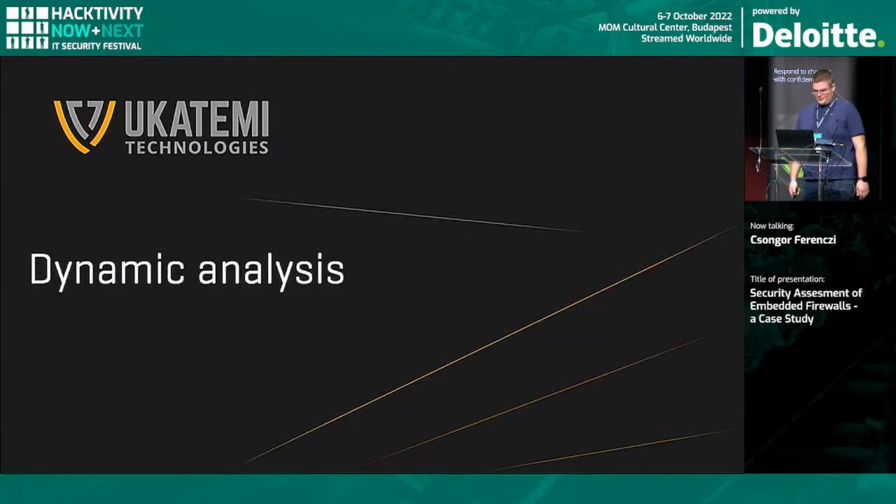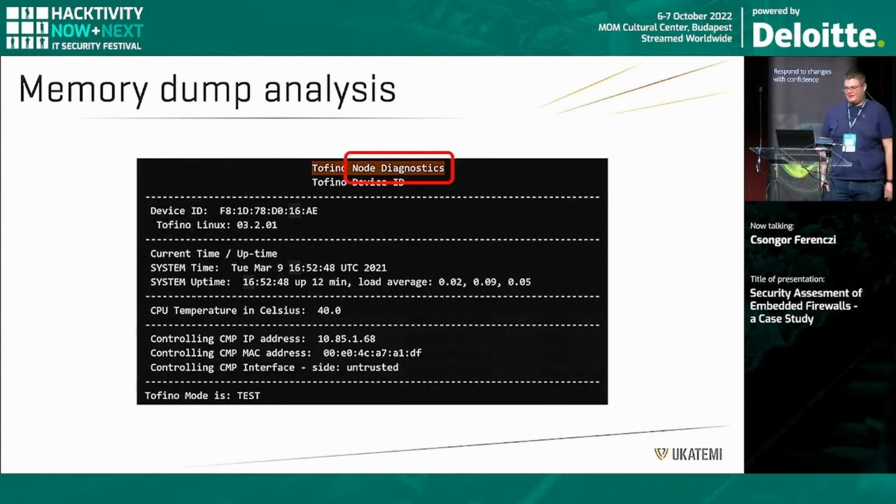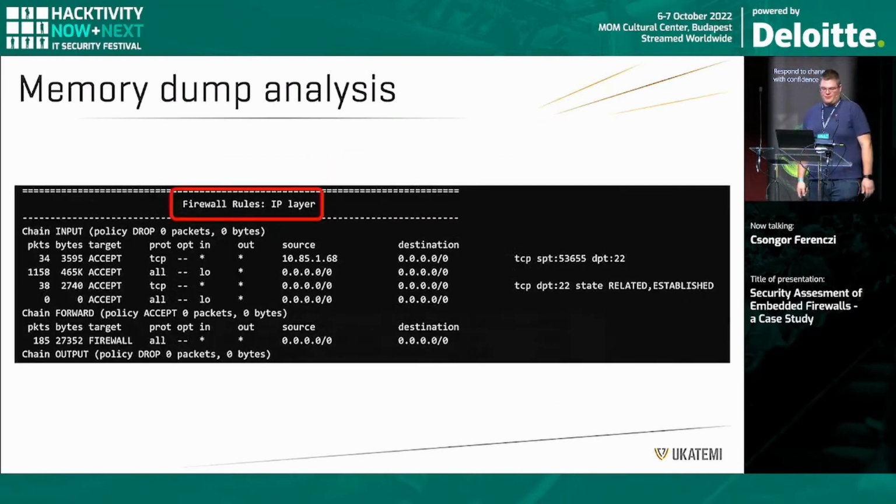So, during the dynamic analysis, we started by creating a memory dump from the configurator while fetching the diagnostics from the device. After this, we analyzed the dump with binwalk, strings, and other analysis tools. We found an interesting text called node diagnostics containing a lot more information than the one we fetched via the USB port. It reveals the firewall rules,